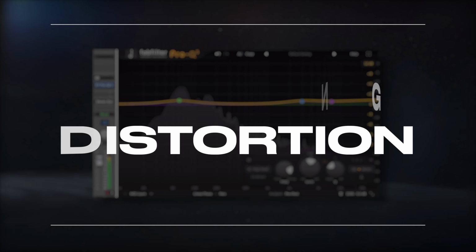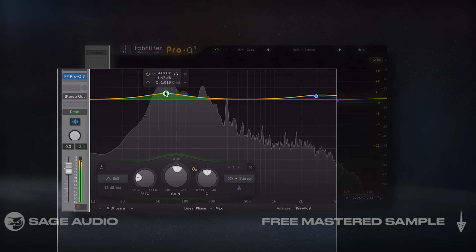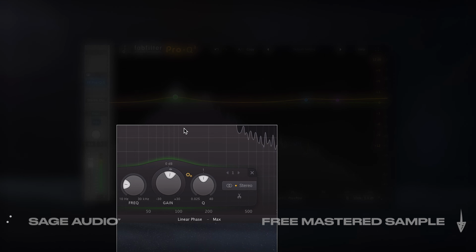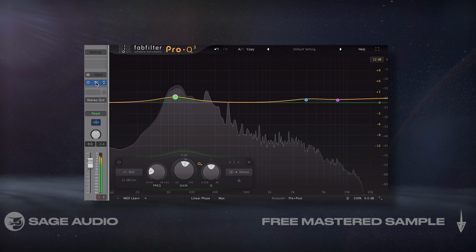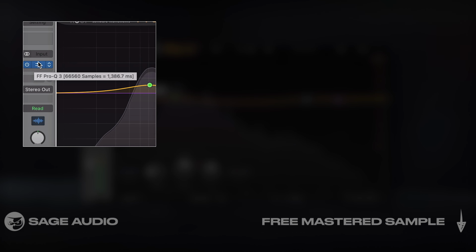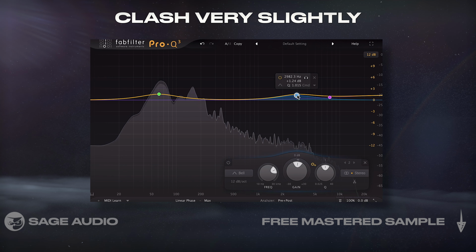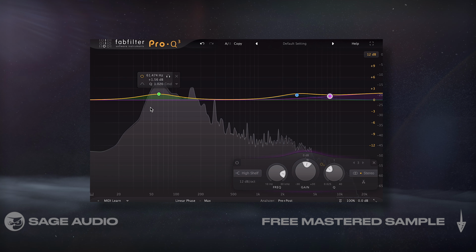Pre-ringing distortion. Pre-ringing is a newer term, but it refers to the effect that linear phase processing has on transients. In short, when we introduce linear phase processing, the signal is delayed by a set amount. Our DAW then tries to compensate for the offset timing. In doing so, the original signal and the delay compensated signal clash very slightly, causing mild but sometimes noticeable phase